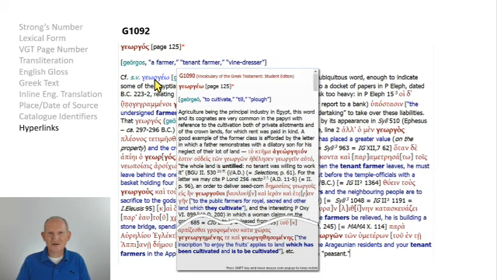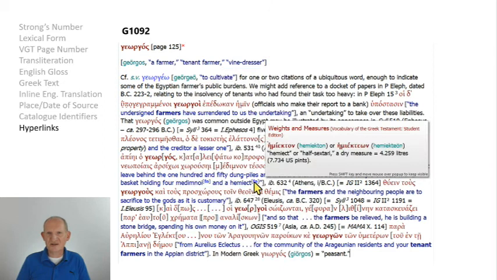I've also included a glossary of terms in VGNTS. Currently, there are 404 Greek and Latin terms with definitions. So when you encounter a word that you may not be familiar with, you can mouse over the footnote symbol and the definition will pop up. These include things like official titles, weights and measures, currency, etc.